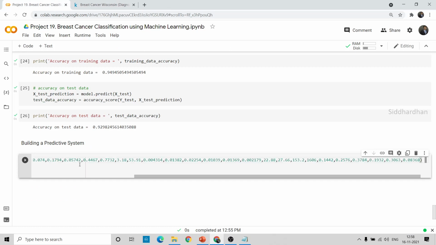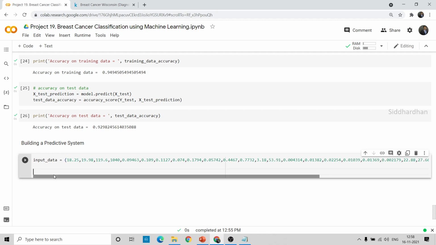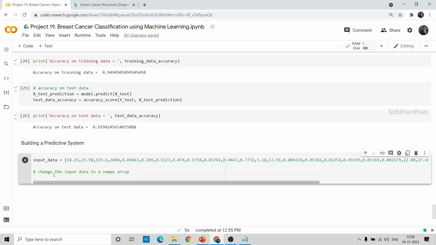Now I'm going to convert this tuple. This is basically a tuple: when we put the values in parentheses, it's called a tuple. It is a different data type, and I'm going to convert it to a NumPy array because we need to do some processing before we can feed it to our logistic regression model. So this step is to change the input data to a NumPy array. We know that we have imported NumPy as np, so this will convert it to a NumPy array. I'll name this input data